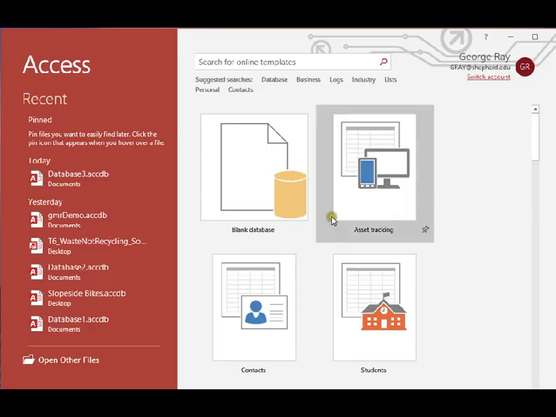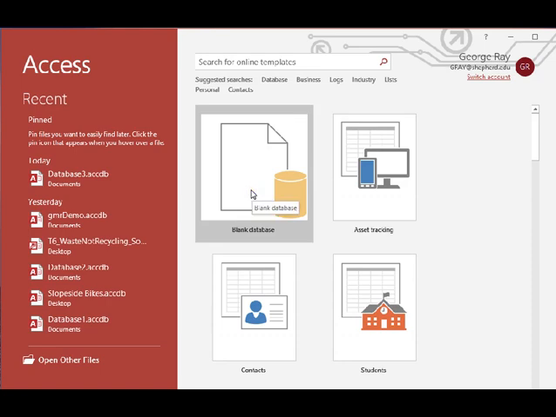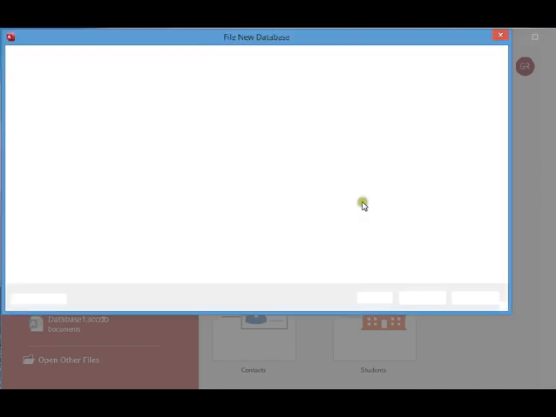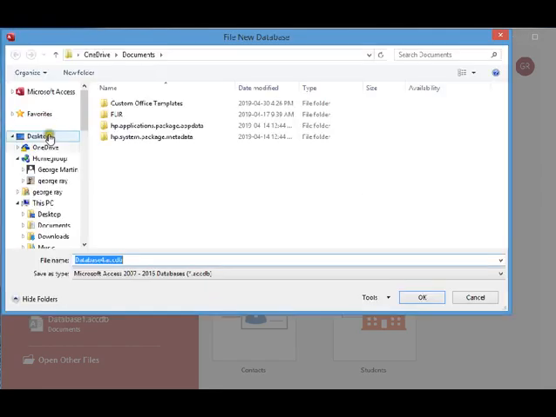Another way of doing that is, instead of double-clicking, just click it, and it'll ask you where you want your database created. By default, it puts it into your Documents folder, and it gives it a name that is a sequential increase in the number of databases you've created. So I'll browse for a location for this one, and I'm going to put it on my desktop,